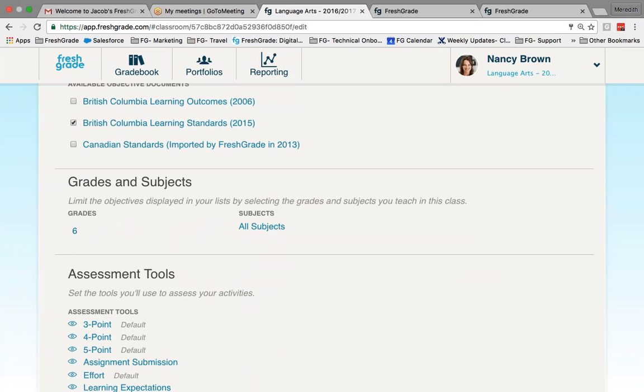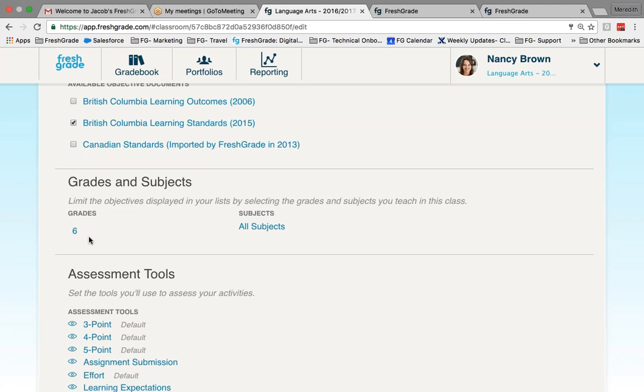So, for an example, even if you are teaching a grade 6 class, you might want to support your students by preloading their learning. So maybe giving them an objective from grade 5, just because they struggled last year, to then preload them and bring them up to that level that they are confident enough to do a grade 6 outcome. So right now it's a bit restrictive, but we are looking at improving that and providing more flexibility for